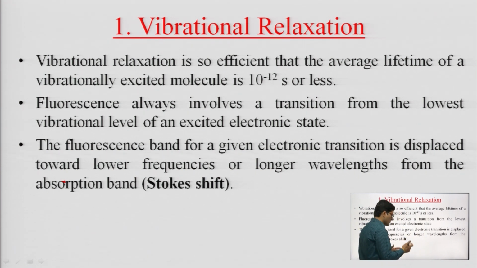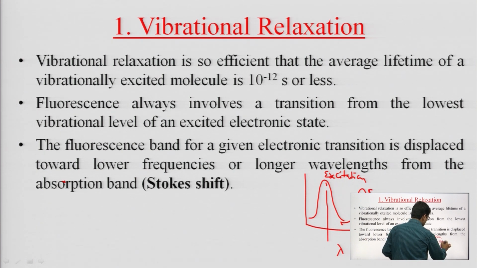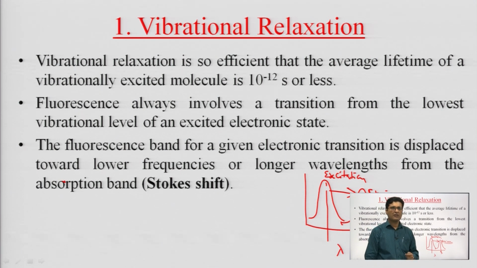Suppose this is the diagram, and here we have the wavelength. So, this is the absorption spectrum, or excitation spectrum, and its emission spectrum would be observed at the higher wavelength here, the emission spectrum. So, the shifting of the emission spectrum from the original excitation position is generally called a Stokes shift. And why is this taking place?